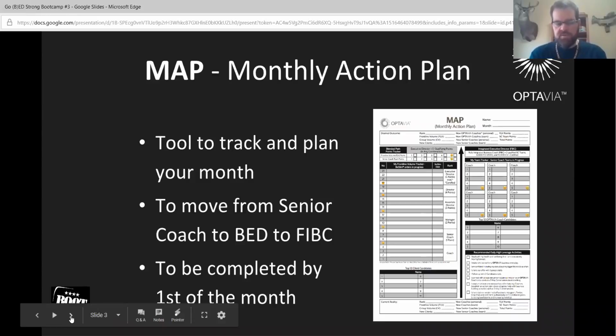You're supposed to complete this by the first of the month. It's really better if you can complete it a couple days before the end of the month you're in, and then set up a counseling session with your mentor coach. They will walk you through your map, and that puts everybody on the same page to know what direction you're wanting to move in your business that month. I'm just going to break down this map and talk about all the bullet points and what each section is for.